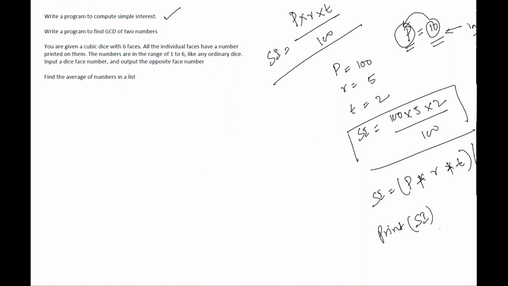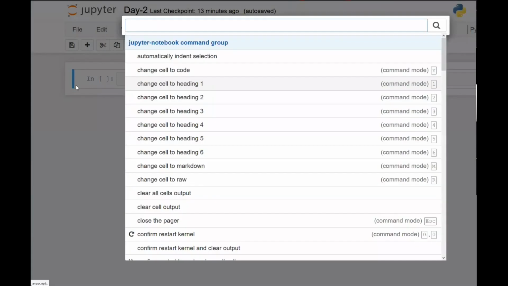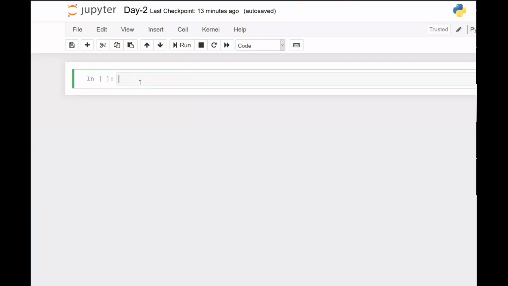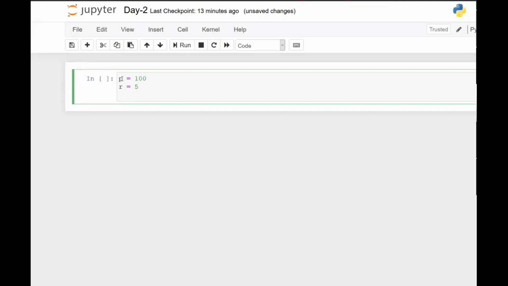That's it. Okay, now let's just run this same problem in Jupyter Notebook. So what I will be doing here is, let's take hard-coded values. I will say P equals 100, R equals 5, T equals 2.